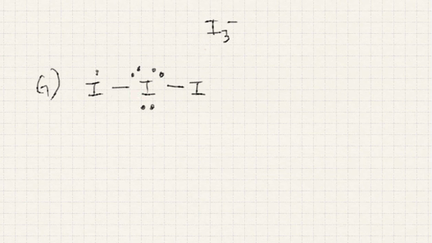Okay, so let's check the structure to make sure everything is accounted for. The iodines at the end have 7 valence electrons: 1, 2, 3, 4, 5, 6, 7, right? So the formal charge of these iodines is 0. However, the central iodine is also supposed to have 7 valence electrons. So 1, 2, 3, 4, 5, 6, 7, 8. So why does this structure have 8? Well, this 8 is to account for the extra minus that we have. So there's one more additional